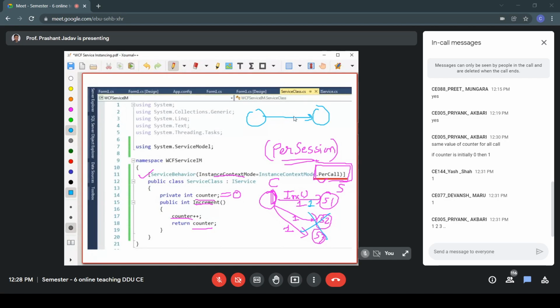if we call it the first time, it should return 1. If we call it the second time, it should return 2. If we call it the third time, it should return 3, because now this is the same instance. Okay, the same instance, the counter value is a private variable. So we are getting the successive value of the counter. Okay, so I think you understood it. Any doubt so far? Per call, per session,